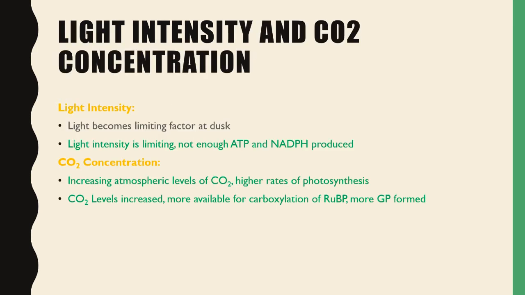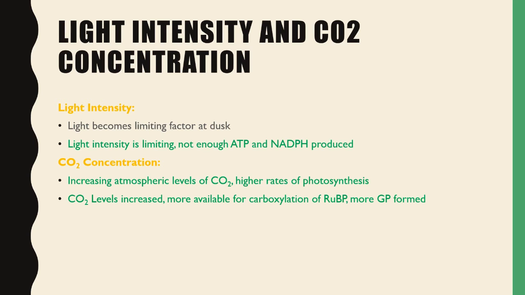So light intensity and CO2 concentration. Well, these are the first two factors. So light intensity. Light becomes a limiting factor at dusk. So light can go on and off between limiting and non-limiting. So at dusk and dawn it is limiting because light is at its compensation point. So when light intensity is limiting, there is not enough ATP and NADPH that is